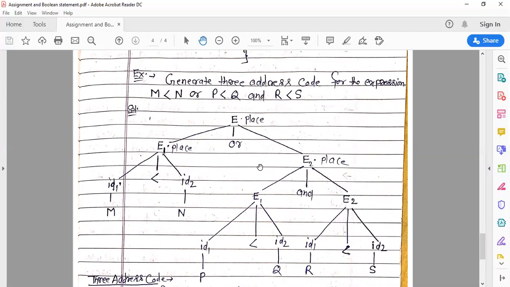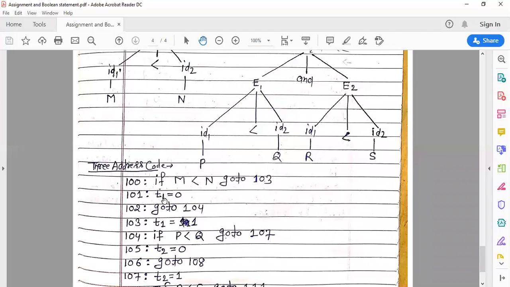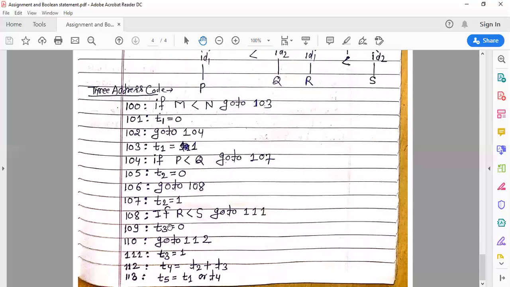So in this SDT, we are assuming the temporary variables T1, T2, T3, and we have used T1 is equal to 0 for false and T1 is equal to 1 for true.